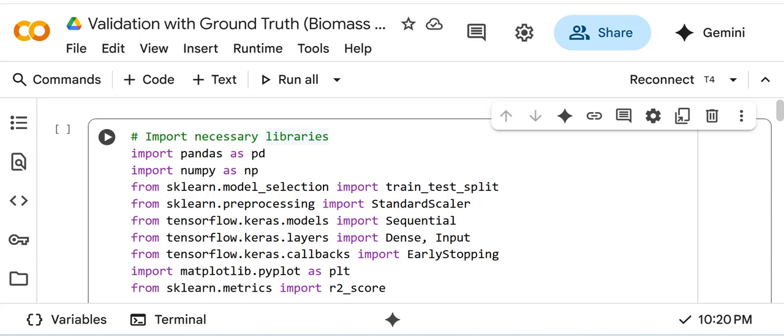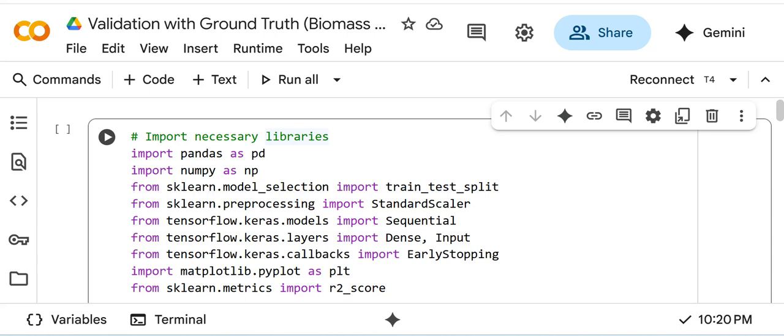Validation techniques to validate biomass predictions: First, acquire ground truth, use datasets like the Excel biomass data we use, or field surveys aligned with the satellite resolution. Second, compare predictions.